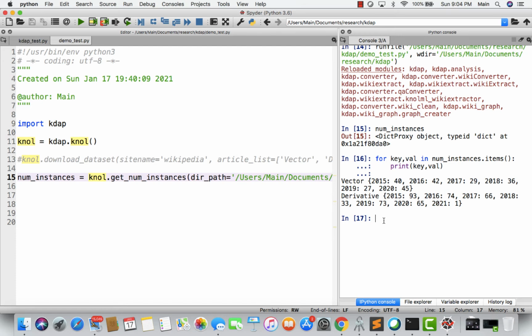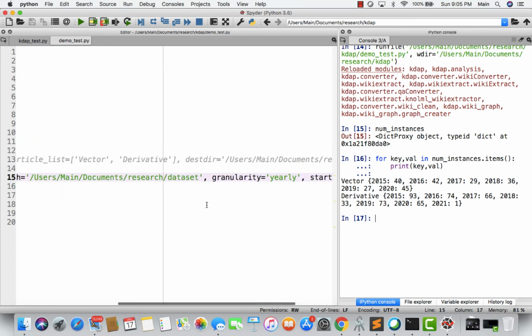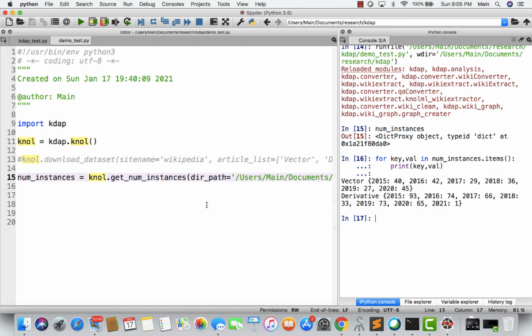Now I'll show you a very basic thing: how to use this data exactly. We just extracted the dataset here. Whenever we propose any analysis method, we have a question in mind: what do we have to do with the data? Are we trying to infer something from it? And whenever we want to infer something from data, the first thing that comes to mind is to plot the dataset. Even though as of now we have not added any visualization functions in KDAP, visualizing whatever we extracted and analyzed is very easy.